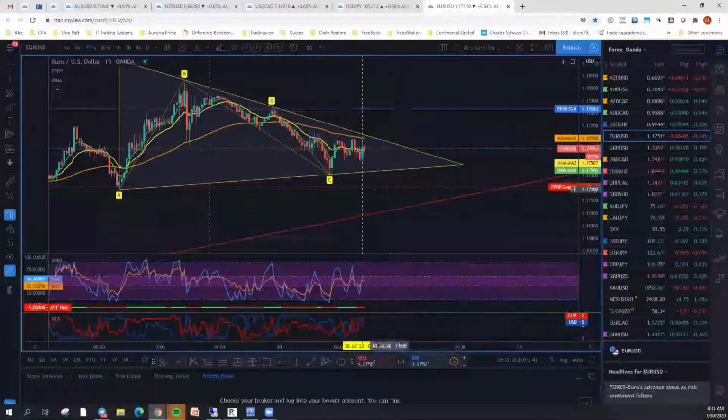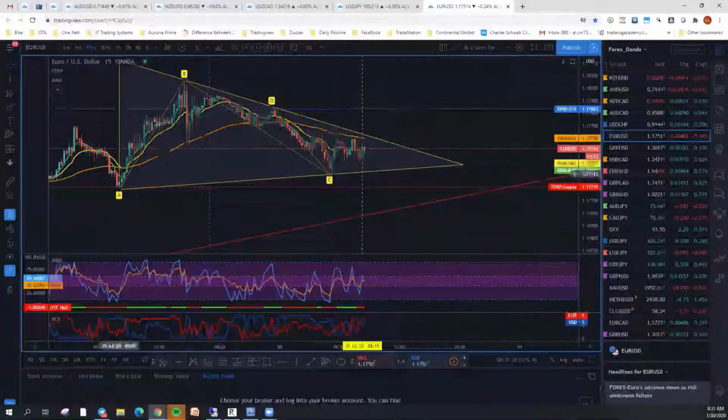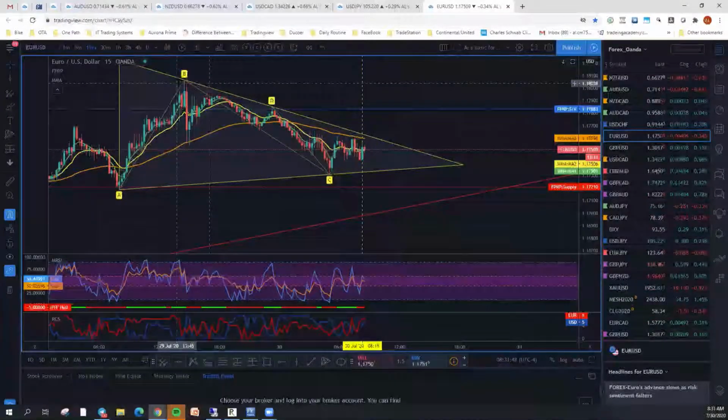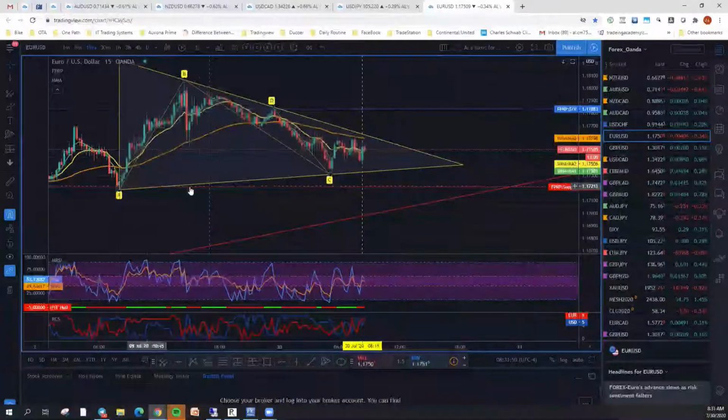This is a 15-minute chart. Here's the 8:30 Euro US. I've already had this. Actually, I drew this out earlier this morning, projecting where a wedge may be, and they just got the wedge alert. It's ascending. A starts down here. B is up here at the next highest pivot. This is all on the other side of yesterday's close.